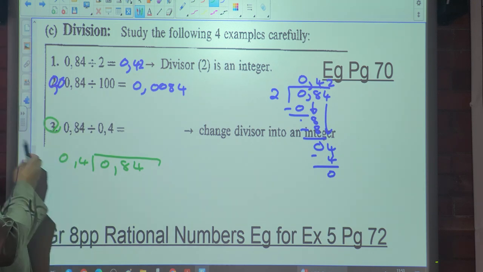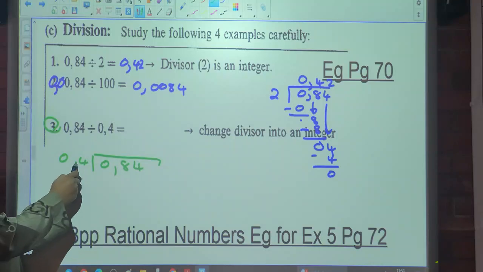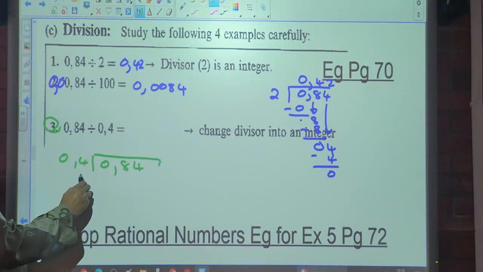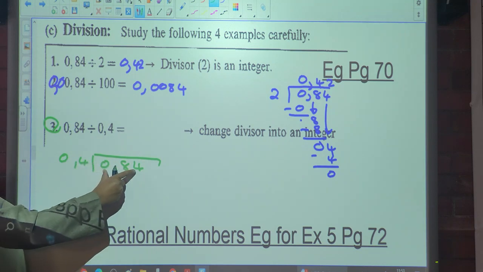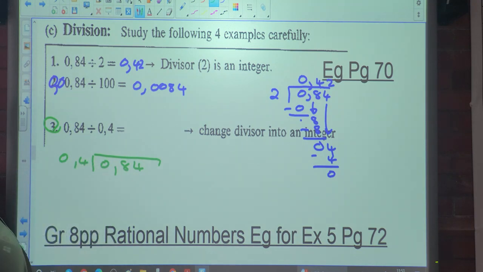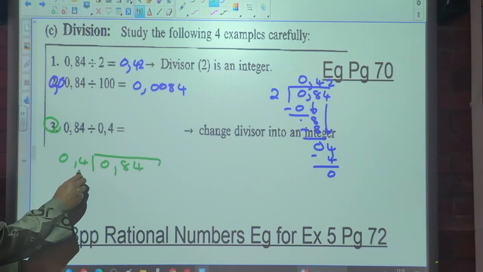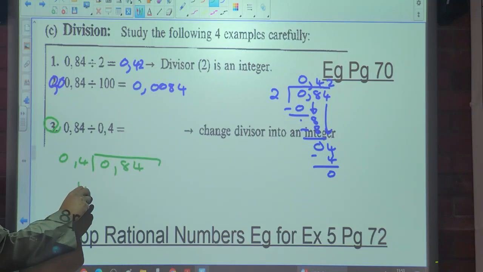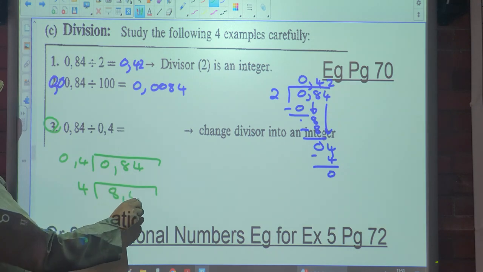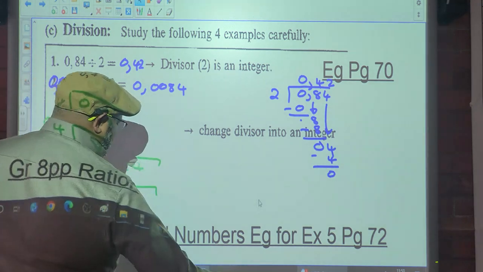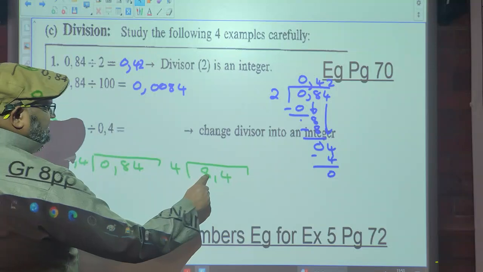So you want this to be an integer. So I must move this digit 1 unit, or multiply it by 10. If I multiply the divisor by 10, I must multiply the dividend by 10 as well. Okay. Yes, sir. So this now becomes 4. And if I move this 1 over, it becomes 8,4. Okay. Which now gives us